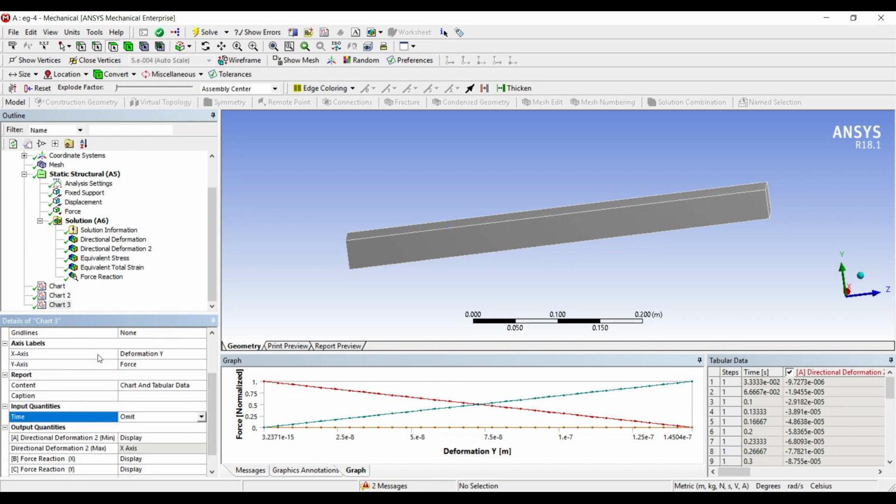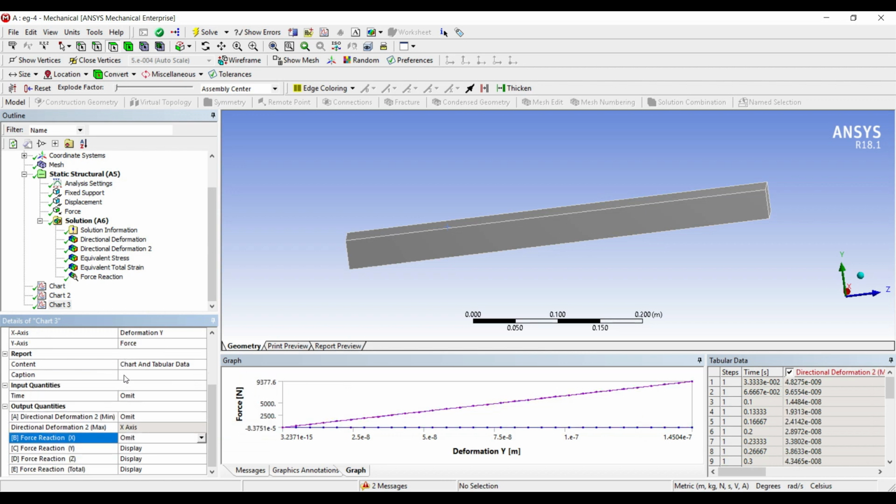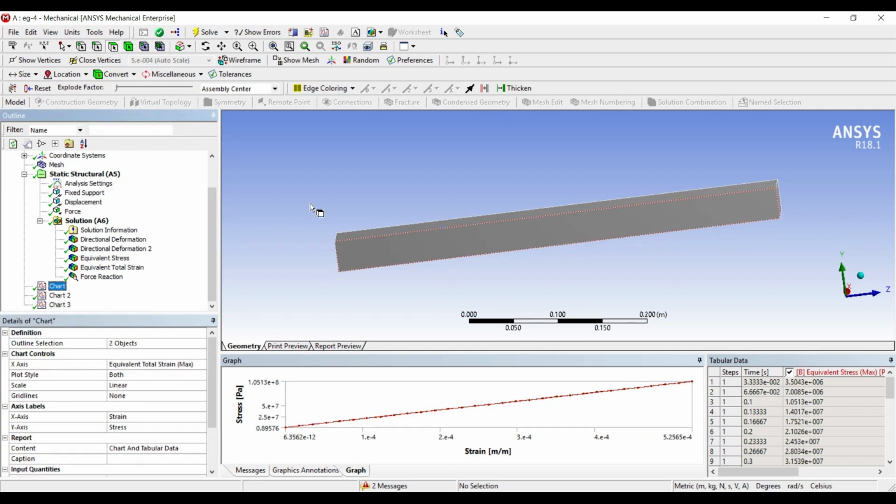I'll change time. Minimum not needed. X not needed. Z not needed and total not needed. So this will be the graph of deformation in the y direction and the force with the values which I have obtained. So these are the various graphs obtained.